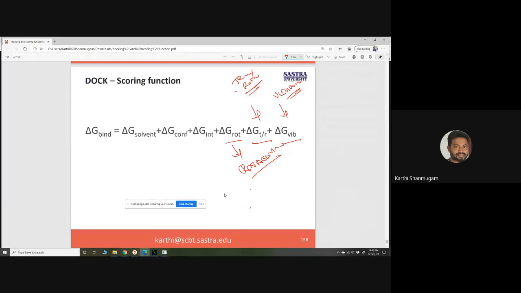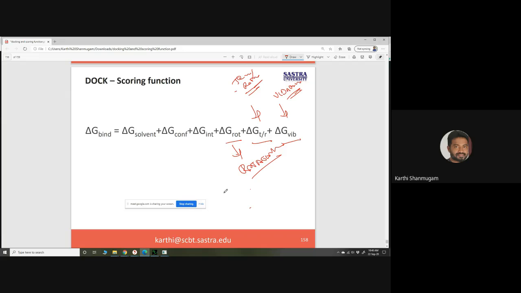If you take any small molecule, they will constantly undergo rotation, vibration, and translation. These are parameters associated with the energy of the molecule. Whenever the molecule undergoes rotation or vibration or translation, there is some amount of energy associated, and